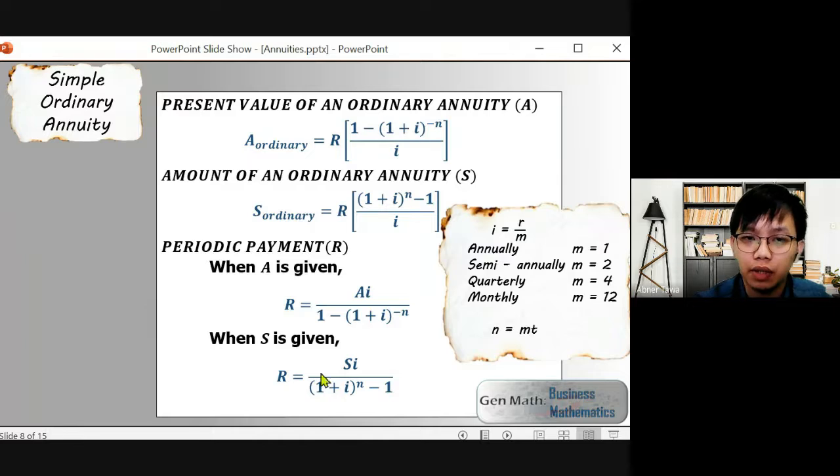And I repeat, iba yung formula ng annuity due dito. Same sa deferred annuity, iba rin yung formula. Kaya dapat alam natin i-categorize yung given problem, if ordinary annuity, annuity due, or deferred annuity. Ang difference lang kasi sa simple and general yung pag-solve ng i. Sa simple, ang value ng i is r over m lang. Pag sa general naman, iba yung way of solving. Given na yan sa module ninyo.